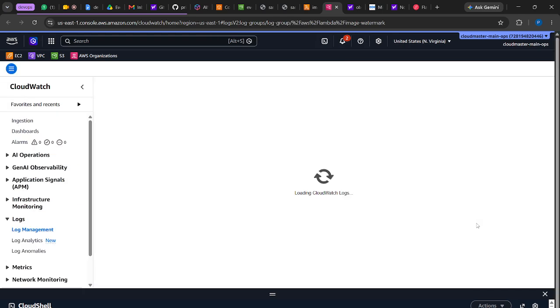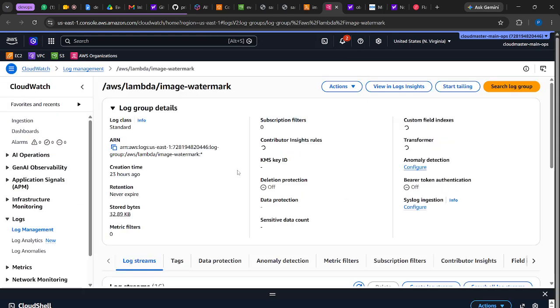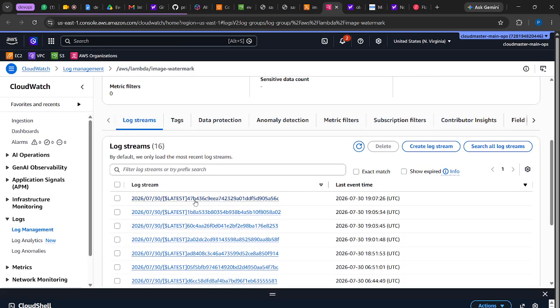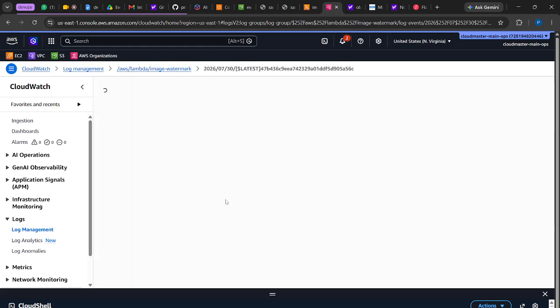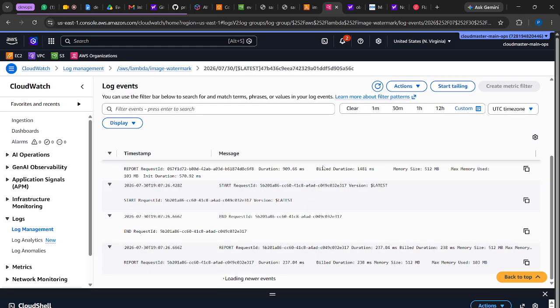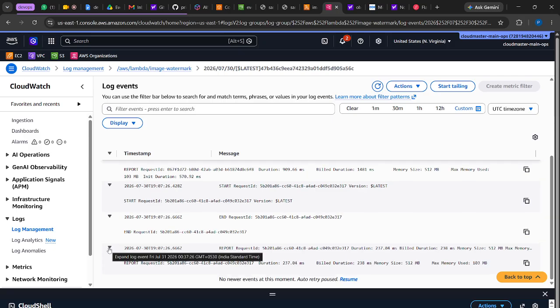Go to the CloudWatch dashboard, there will be log groups available. Okay, here are the log groups. Now see, this is the log group. Okay, if I get into there, okay, this is the last log that got created at that moment. Okay,